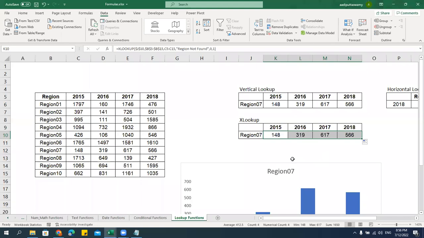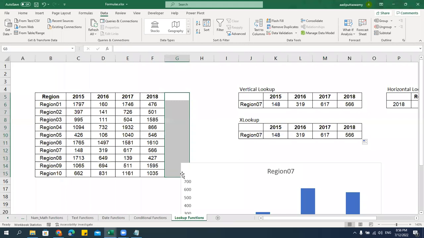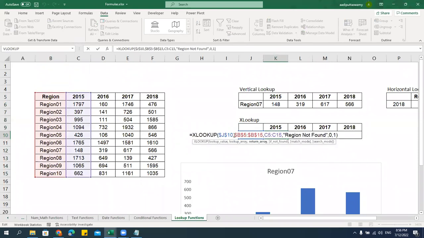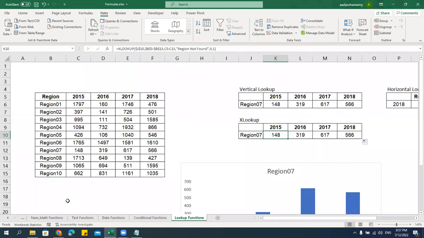What I did here, even if I have this region at the end, I don't have to bother in XLOOKUP. But in VLOOKUP, it has to be in the first column only. The lookup value should be in the first column. In XLOOKUP, here if you see, it is not selecting the entire range. It is just taking only one column here. So likewise,